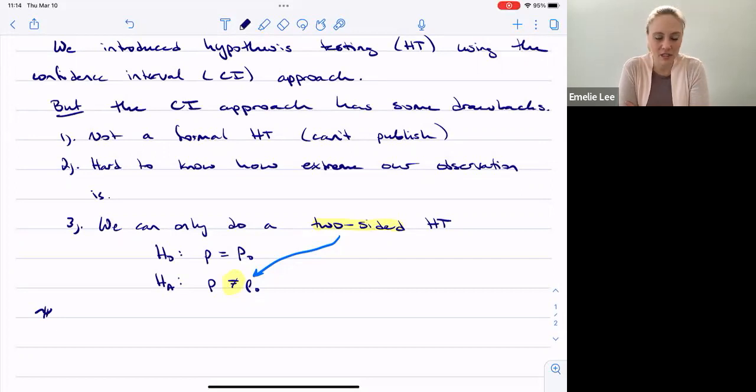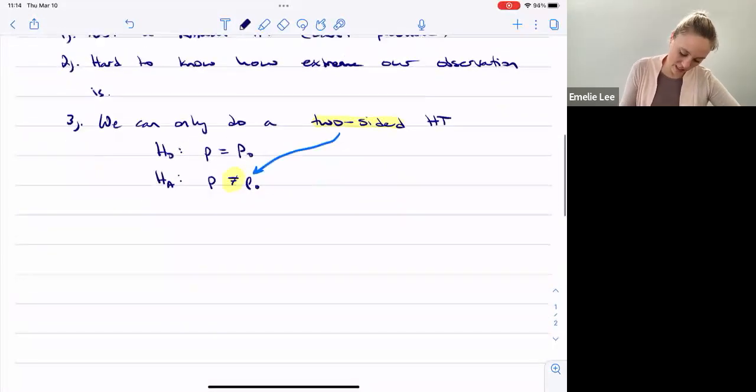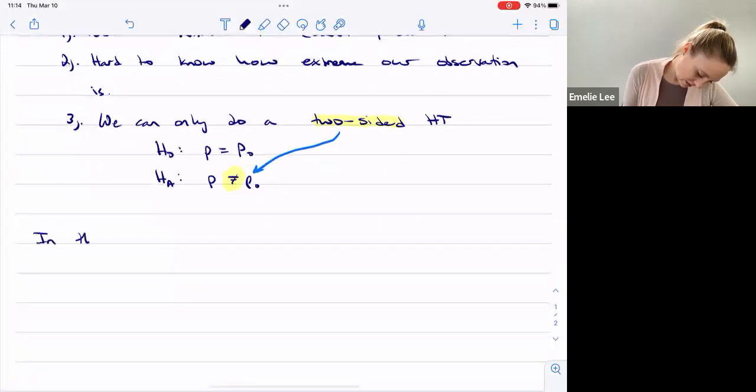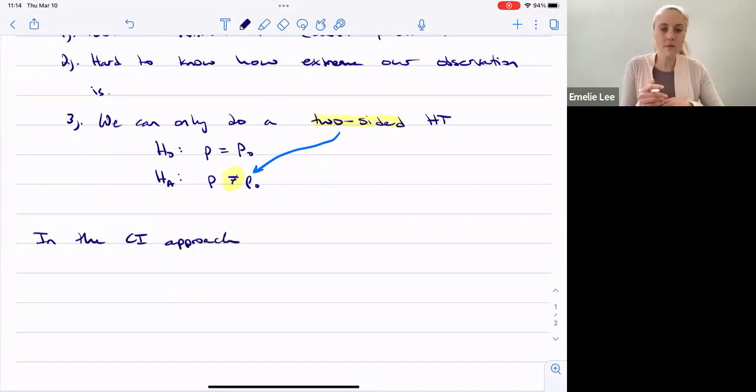Maybe I should add one thing. I said it, but I didn't write it down. So let's write it down. So in the confidence interval approach, right? How do we draw our conclusion, right? We compare the null value to the interval to either reject the null hypothesis or fail to reject the null hypothesis, right? You either have enough evidence to reject H naught or you do not have enough evidence to reject H naught. So in the confidence interval approach,